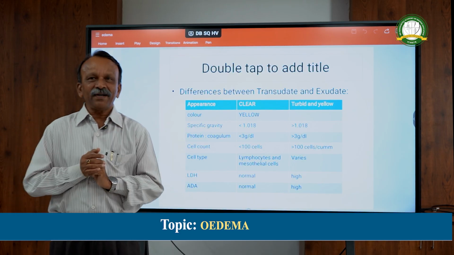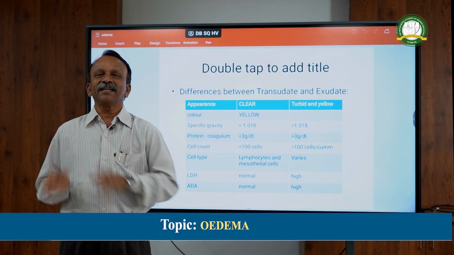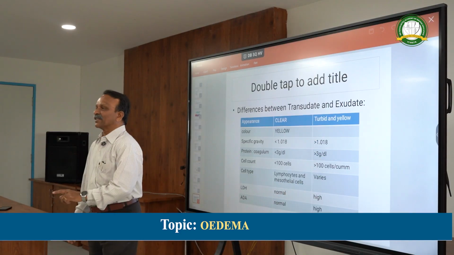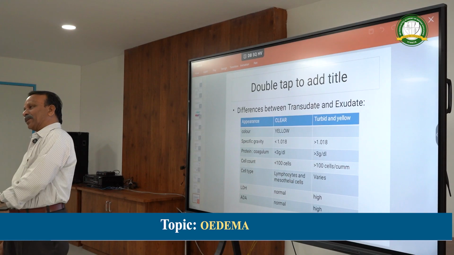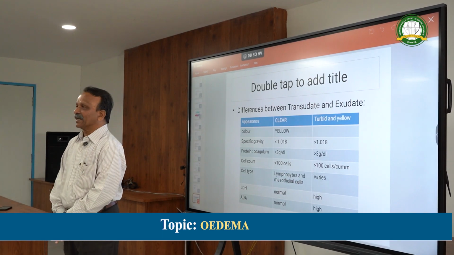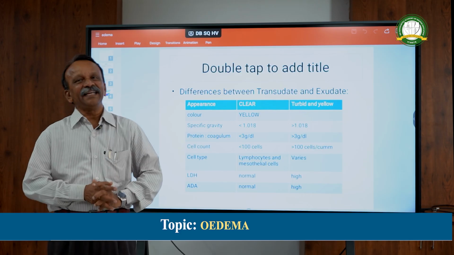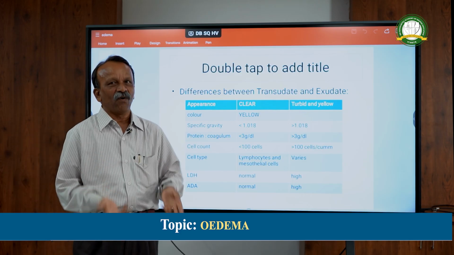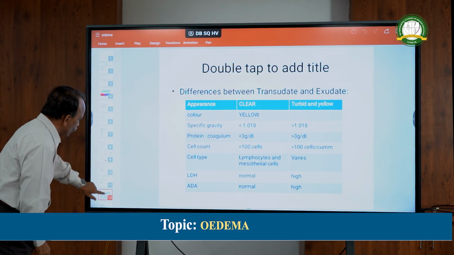ADA is important to know whether the patient has got tuberculosis. If ADA level is high in case of exudate, it suggests it is tuberculosis, but it is normal in case of a transudate. So nowadays, some clinicians are asking for this ADA, some clinicians don't want that. Okay, that is about the